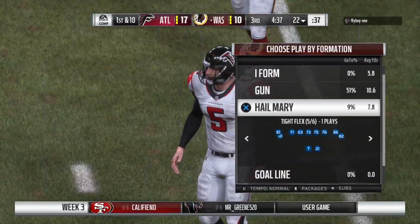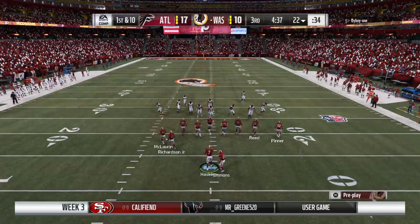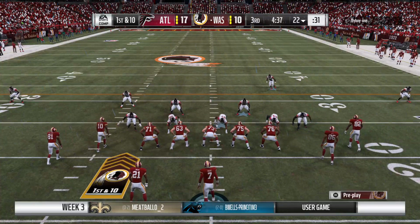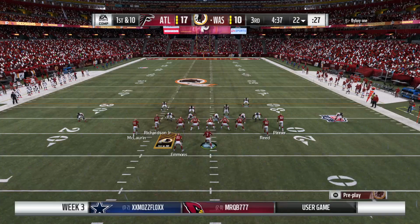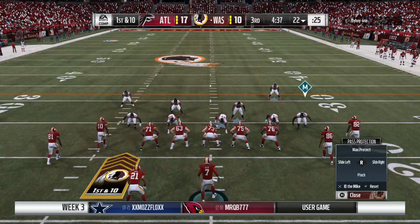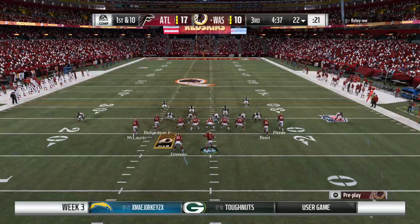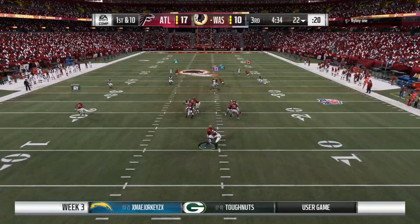So here's the Redskins offense now as they get set to start this third quarter. They were able to get the stop defensively. Now a chance to turn that into points on the offensive end. Can you imagine what the grease board looks like at the half? Stop them on defense, get the ball back for our offense, and go downfield and score some points. Now, the last part remains to be...